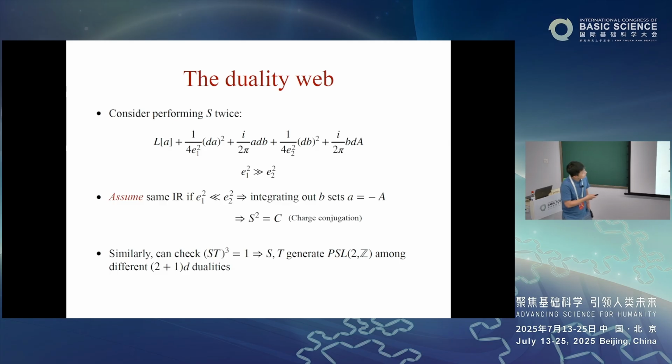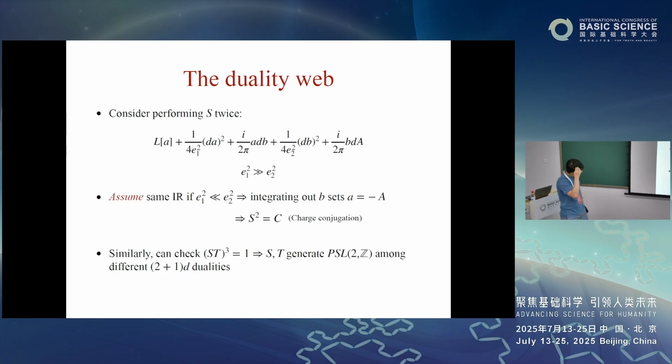Very good. The point is the path integral of little b can be done anyway. If you do that, what you get is a Higgs term, a mass term for little a with a mass E2 square. And if E2 square is much less than E1 square, we don't know the effect of that mass term. It's only when E2 square is much larger than E1 square that we know the effect of that mass term is to set little a to just 0 or minus capital A. Yeah, that's the more precise way of saying it.